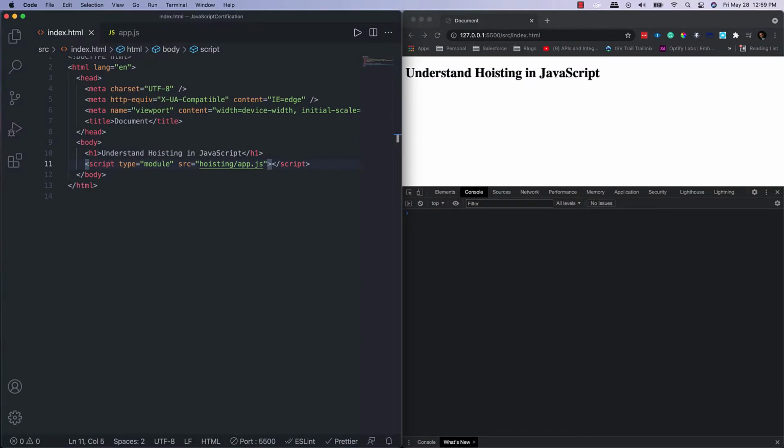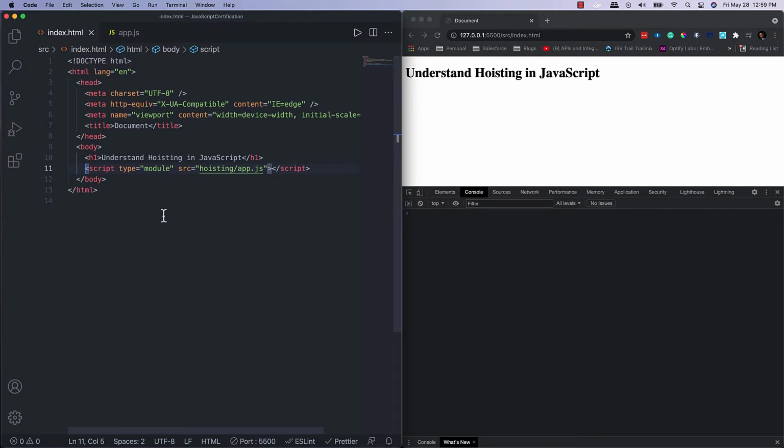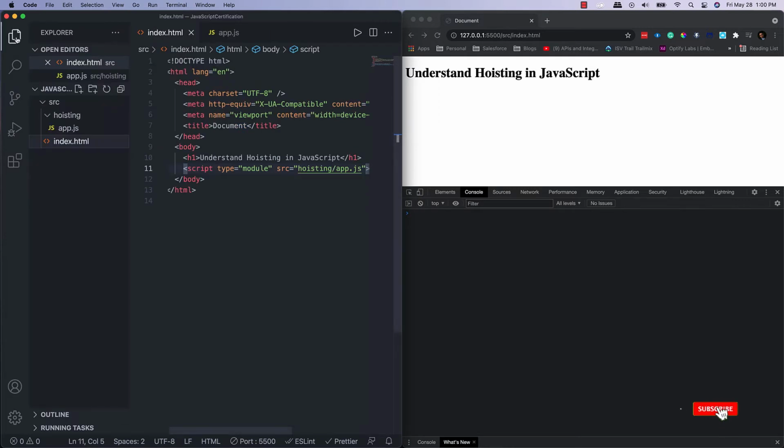Before I start, I need to explain the setup that I have. I have a very basic setup. On my left side, you can see I have an index.html, which is referring to a file called app.js, which is inside the folder called hosting. If I show you the folder structure, this is my index.html, which is referring to app.js, inside this hosting folder.